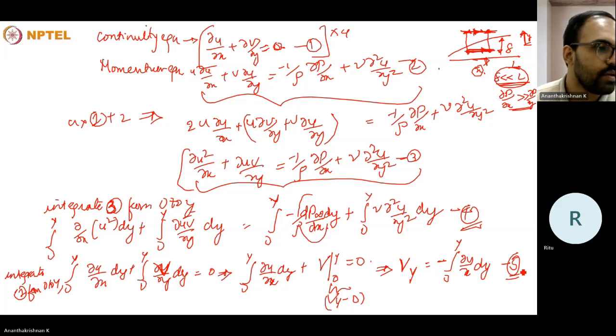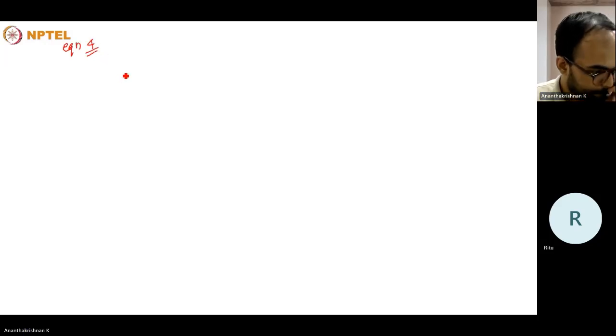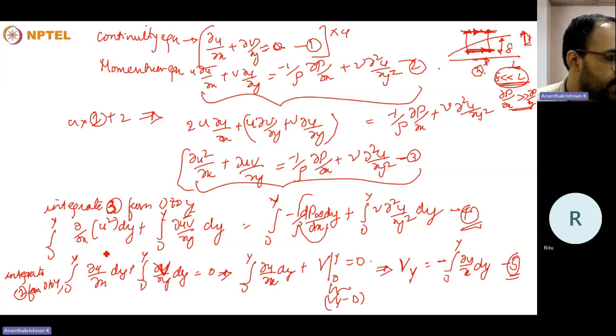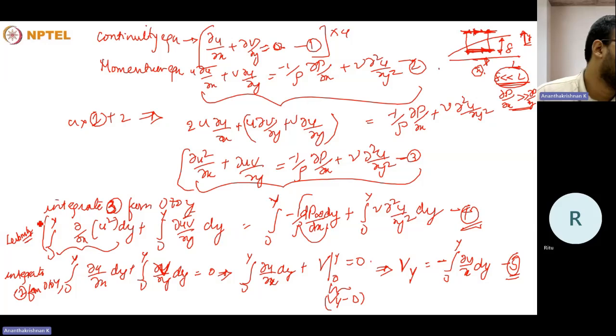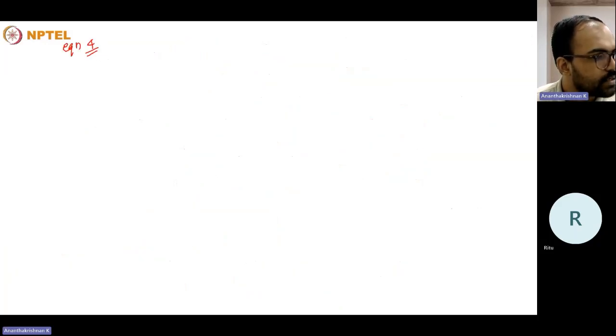Fine. So continuing with the analysis for equation 4. Therefore, equation 4 will become, so the first term will be integration of the differential. So we have to integrate this differential. So by applying the Leibniz rule, that converts the integration of differential to differentiation of an integral, and correspondingly, what we could write is that